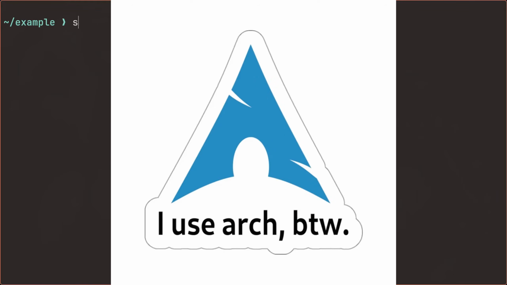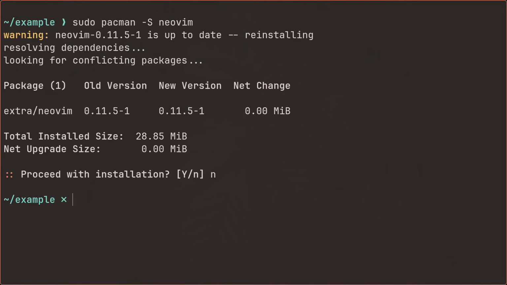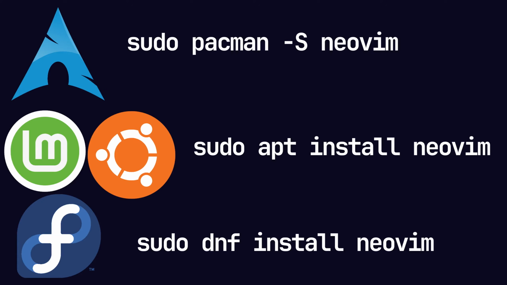Every single Linux distribution has different package managers. However, you should be able to find NeoVim in all of them. So for me personally, I use Arch Linux, meaning I would install NeoVim by doing sudo pacman -S and then neovim. However, the Linux distribution that you use might have a different package manager, so I'll list a couple of the